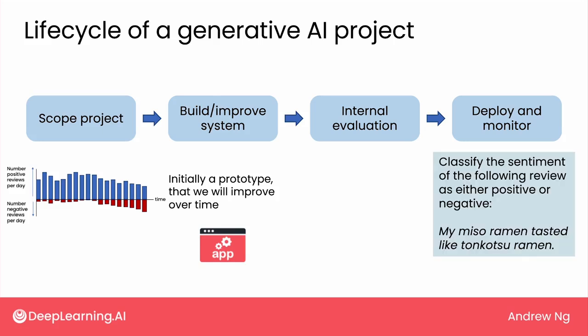For example, maybe a user writes, "My miso ramen tasted like tonkotsu ramen. Is this good or bad?" Well, if you're not familiar with ramen or with Japanese cuisine, you may not know, is this a good thing or a bad thing? And if your system rates this as a positive sentiment, but it turns out that if you're ordering miso ramen on the menu, you probably don't want it to taste like tonkotsu ramen,